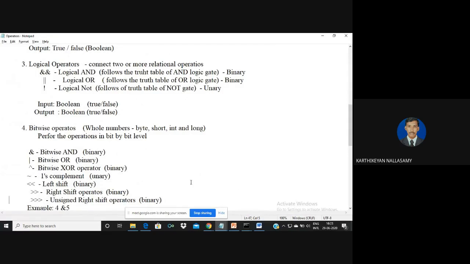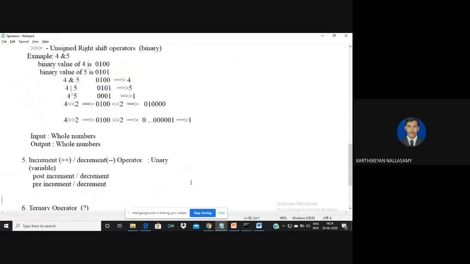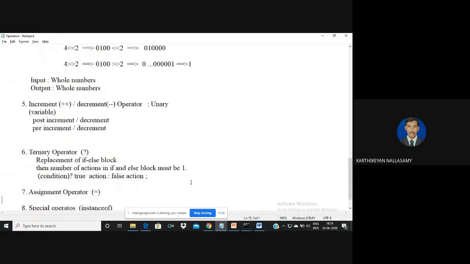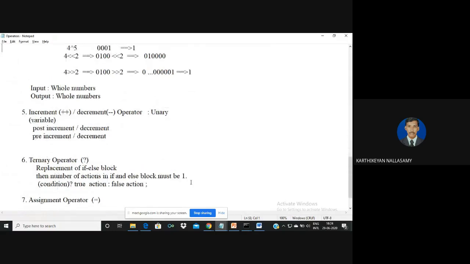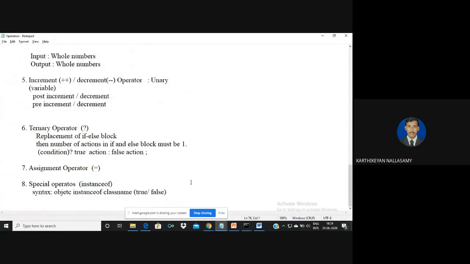Normally whenever you perform a right shift operation, the right shift can disturb the value of your negative MSB bit, that is the sign bit. But if you use the triple arrow mark, it will not affect the sign bit of the particular number. Then the increment decrement operators are similar to Java, and the ternary operator is similar to C. Assignment, if you want shortcut assignment, we can apply the same concept. But here we don't have a sizeof operator. In C we have the sizeof operator, but here we don't.